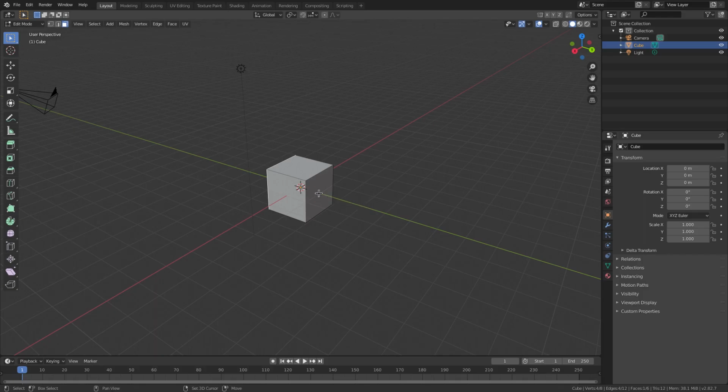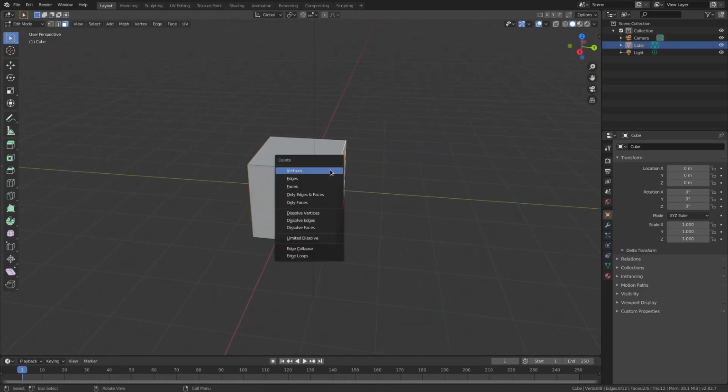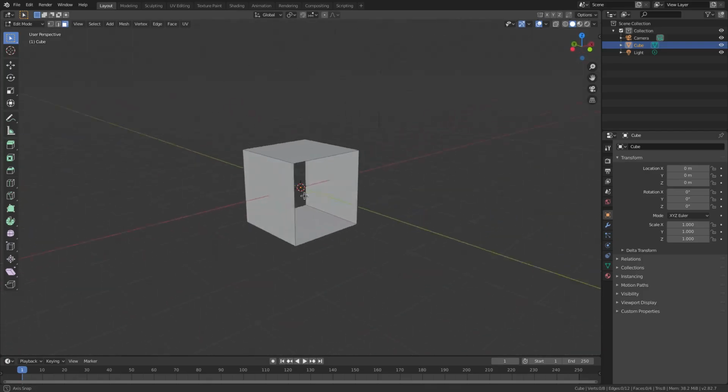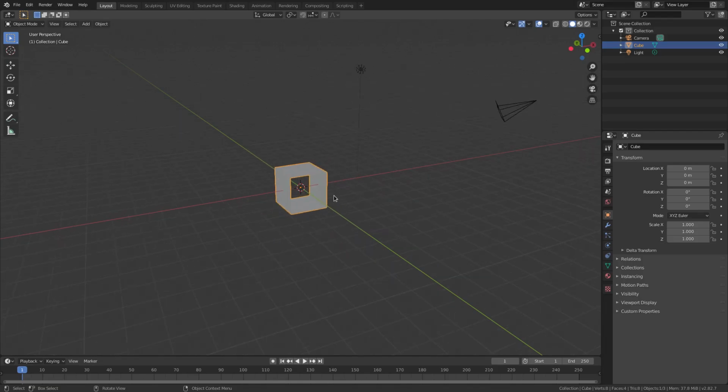We're going to hold down Shift and left click to grab the front and the back of the cube. Hit Delete on your keyboard and then go to Faces and click Faces. Now the cube is hollow, not hollow, but you can go through it. Hit Tab to go back out of edit mode, and now we can hit S to scale